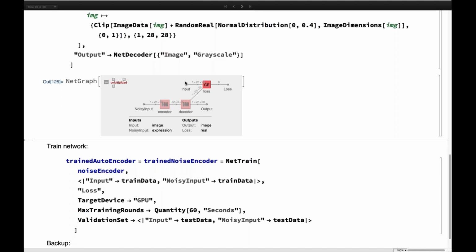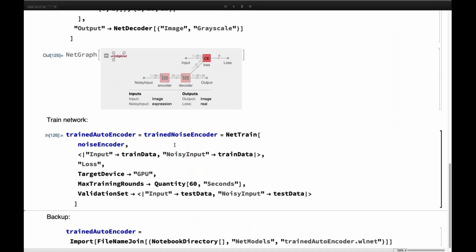So essentially, we take the handwritten images, we add noise, feed the noisy image into the encoder and decoder, and hopefully we have generated a denoised image of the incoming digit, and that's being compared with the original digits, and that is done here via cross entropy. So that is then